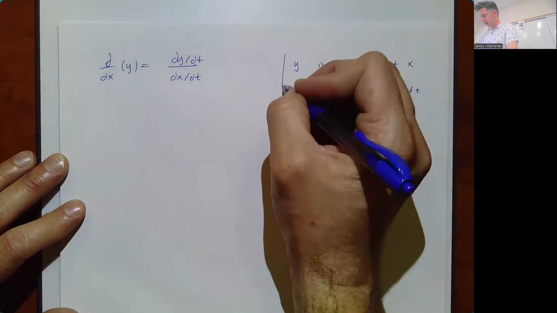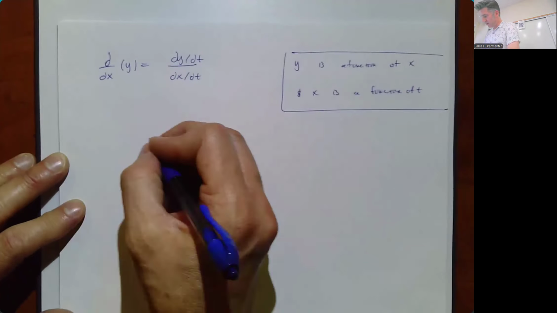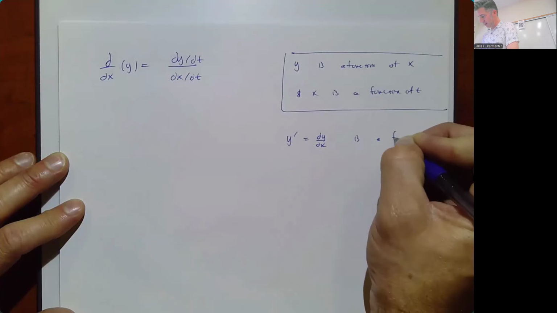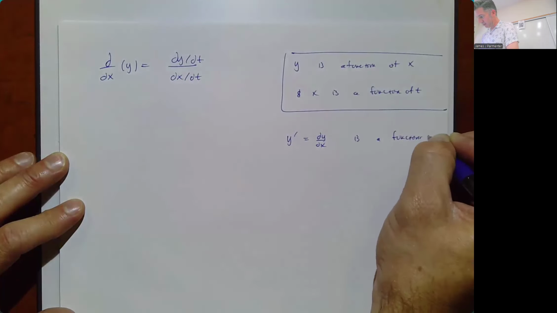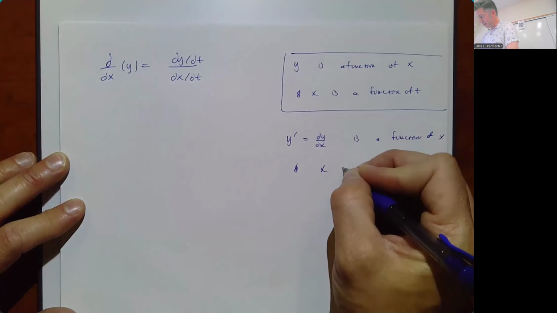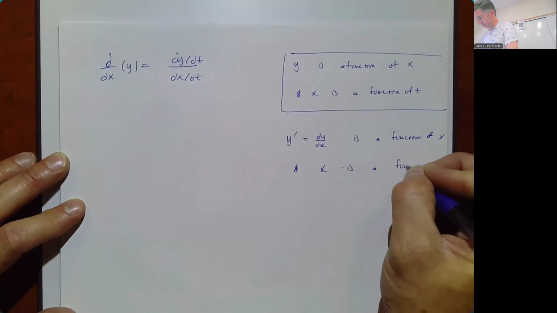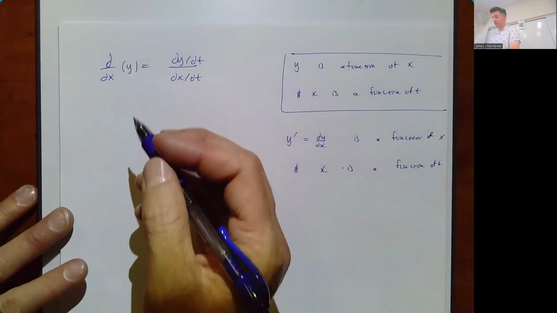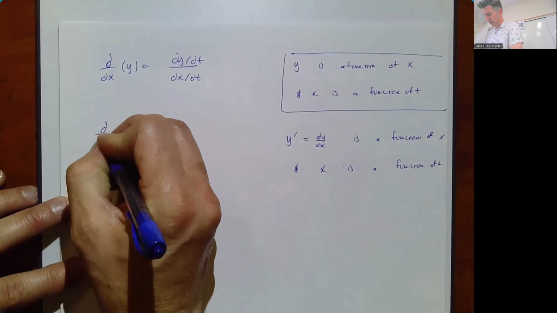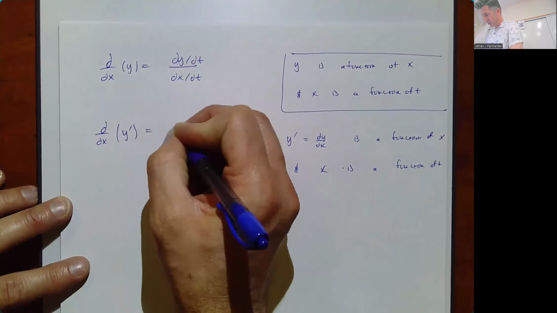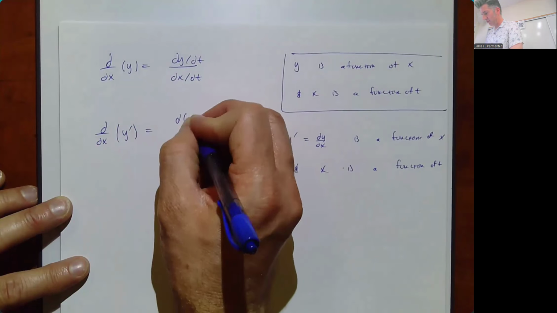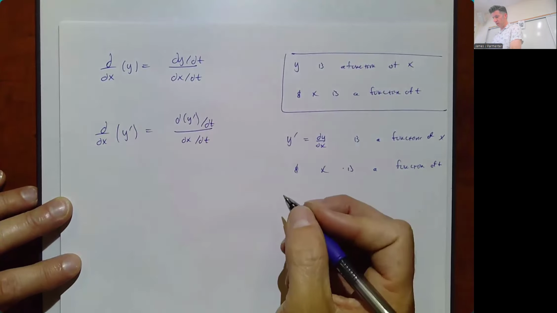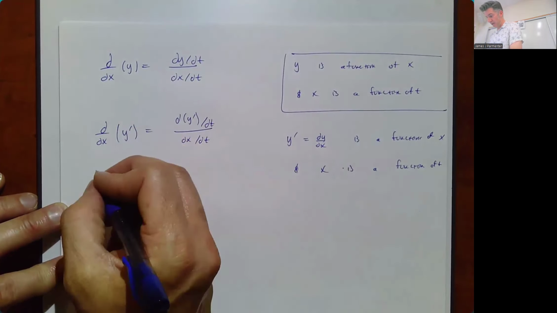Now we're going to do the same thing. We're going to say, well, now y prime, which is dy dx, is a function of x, and x is still a function of t. So we're basically taking the y here and replacing it with y prime. So the derivative with respect to x of y prime is the derivative of y prime with respect to t over dx dt. And then we can say, well, the derivative with respect to x of dy dx